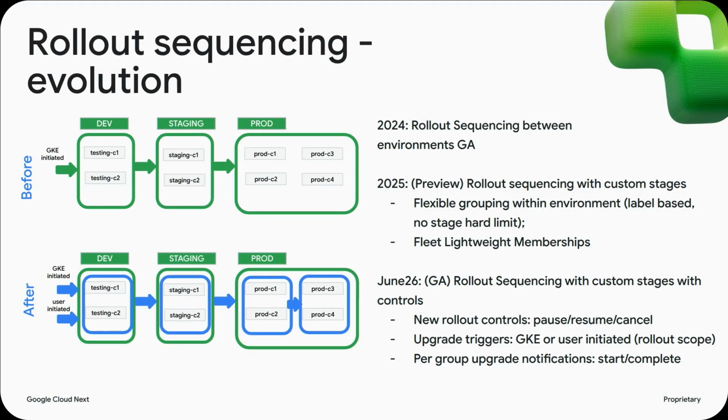and upgrade those progressively. So we've had rollout sequencing since 2024, and since then we've worked to address some of the friction points. Specifically, we've added a way to add custom stages within an environment so that you can even more progressively sequence your upgrades. Let's say between Canary, you can start with your production Canary cluster and then finish with the rest of it. Or you can say, I'm going to do my low critical cluster, then medium critical, and then high critical. So we're giving you more flexibility.